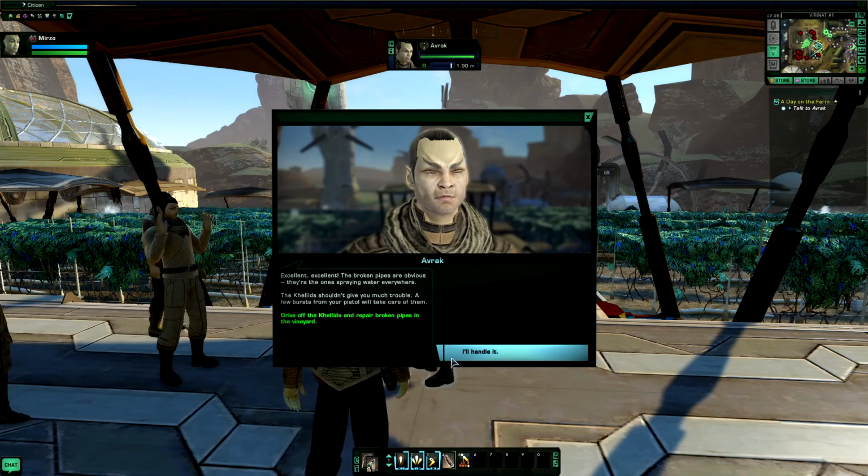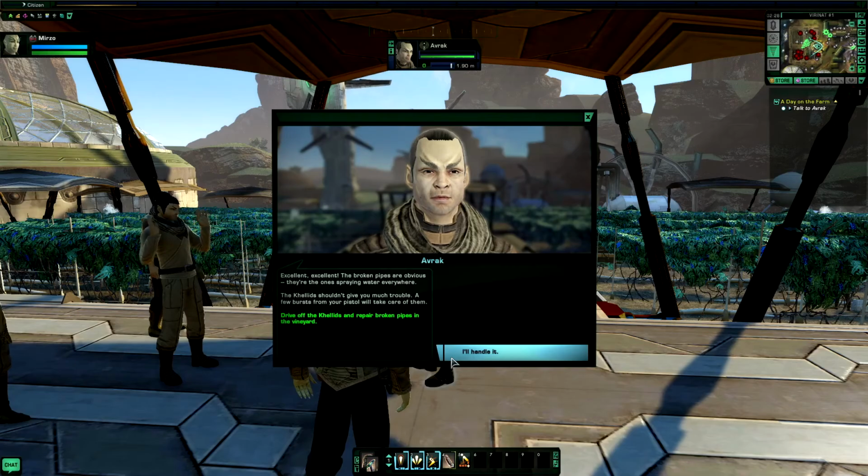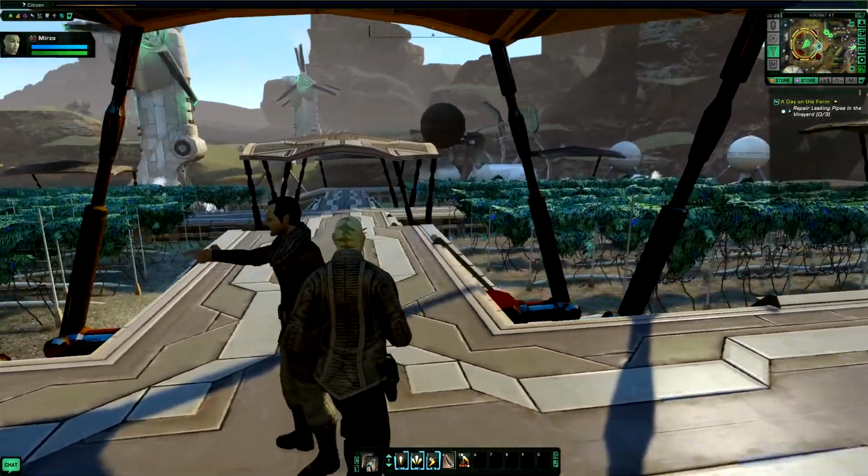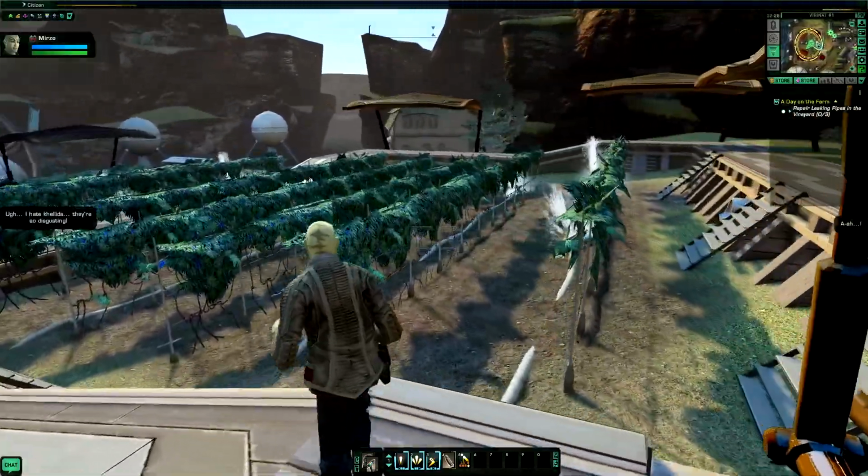They're the ones spraying water everywhere. Kellets shouldn't give you too much trouble. A few bursts from your pistol will take care of them. I'll do it. Now, this one's one of the more easy ones. You could, as I said,